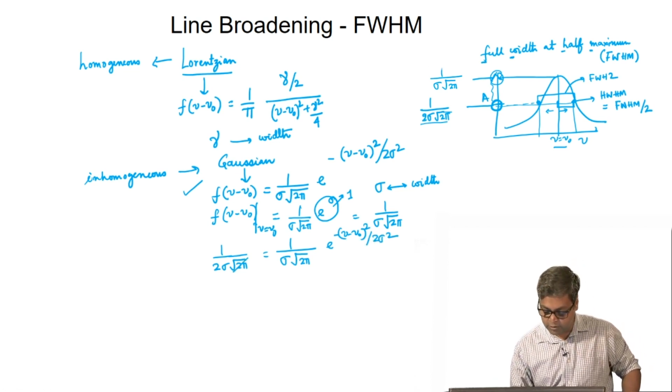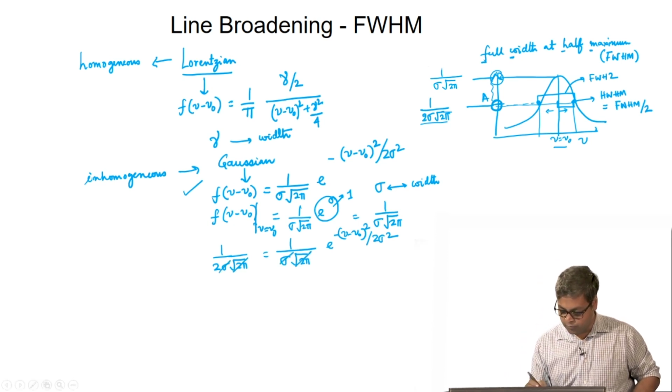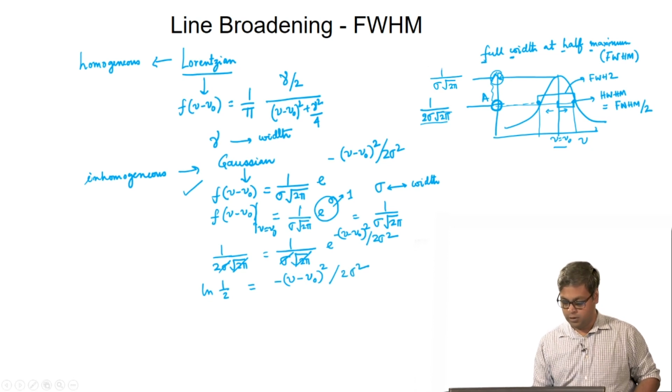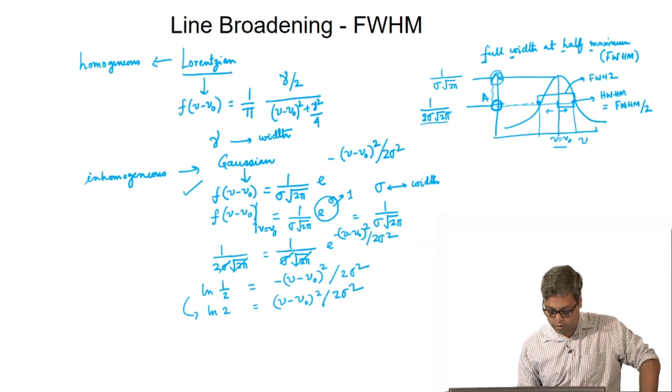So, we will cancel out these. So, we have ln half equals minus nu 0 squared by 2 sigma squared. So, we can also write from this equation ln 2 equals nu 0 squared by 2 sigma squared,